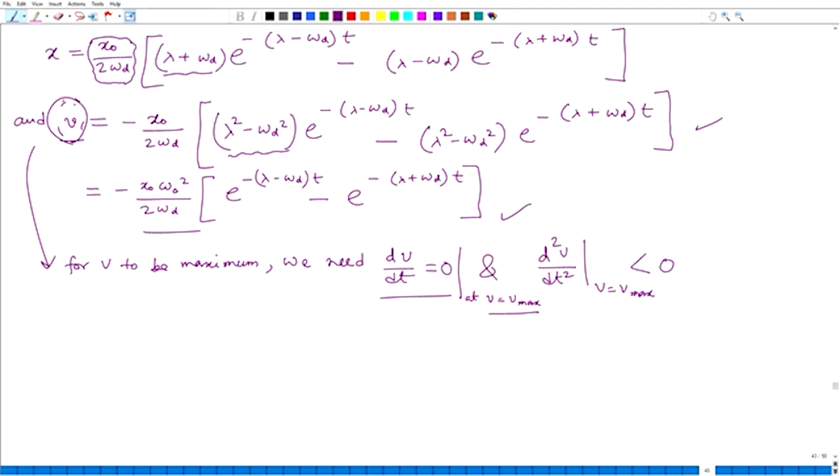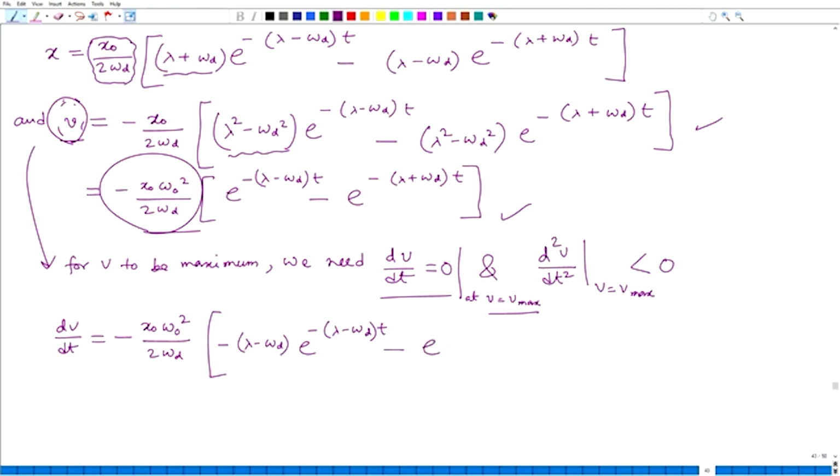So, dv/dt is 0 means this constant minus x 0 omega 0 square by 2 omega d, and then you do so minus lambda minus omega d e to the minus lambda minus omega d times t, minus e to the